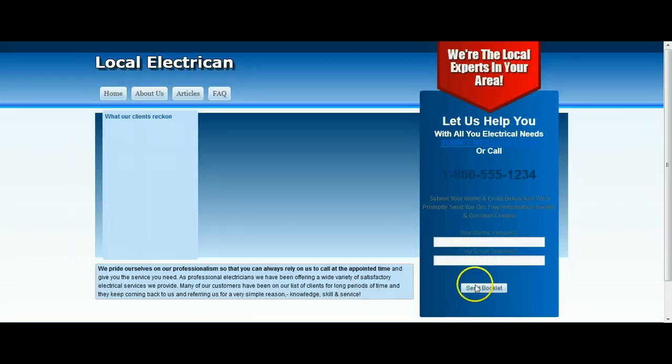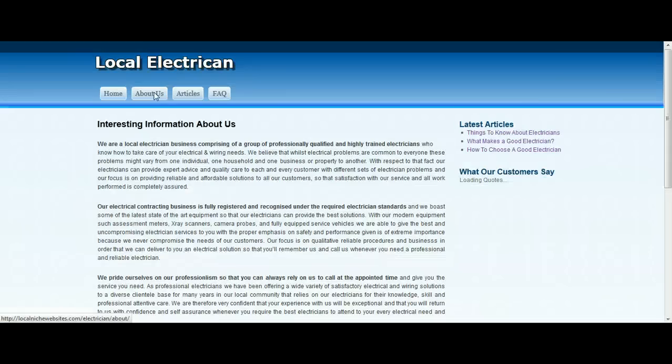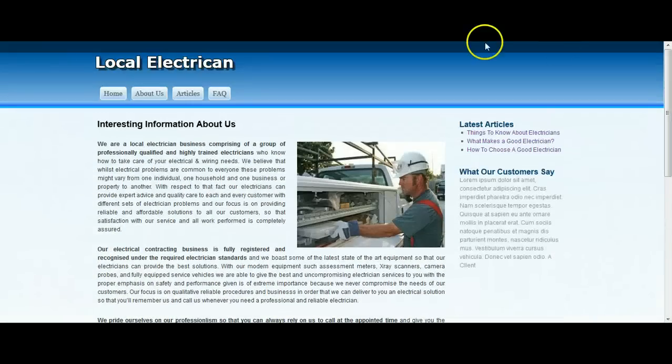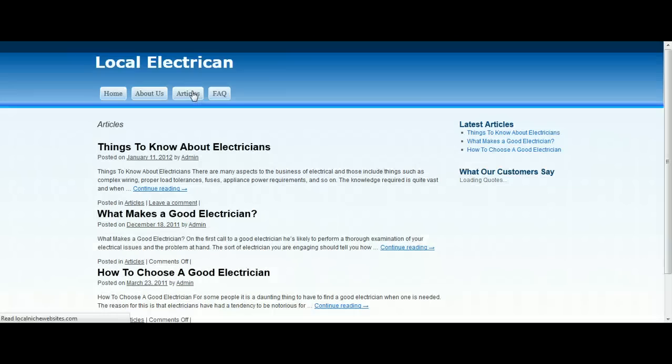We've got this right hand column here taking shape, and all our pages work. Let's just check. We've got About Us. If we click on that, yep, that's all fine, exactly the way it should be. You notice the arrow has disappeared there. We've got articles, so the article page. So all the data that was existent in the previous